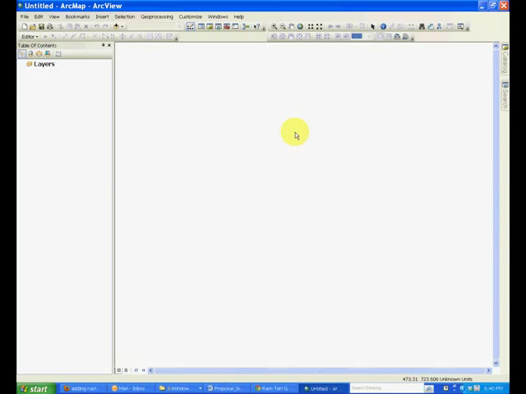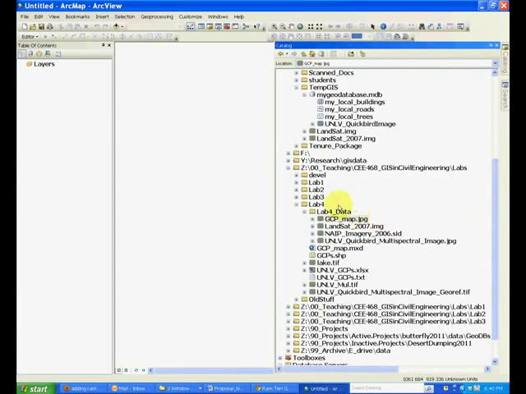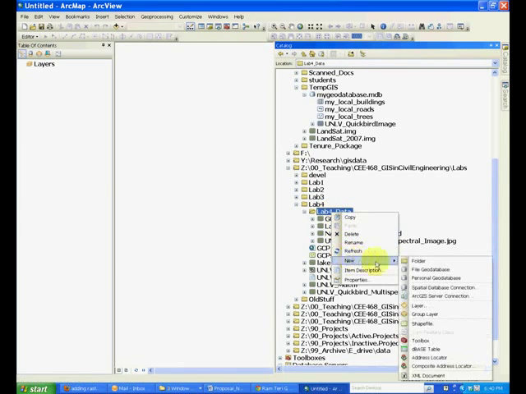In this tutorial we'll learn about geodatabases and how to create one. A geodatabase is a collection of GIS data sets. If you go to Catalog, let's create this geodatabase in the lab4_data folder. If you right click it and go to New, you will see two choices: file geodatabase and